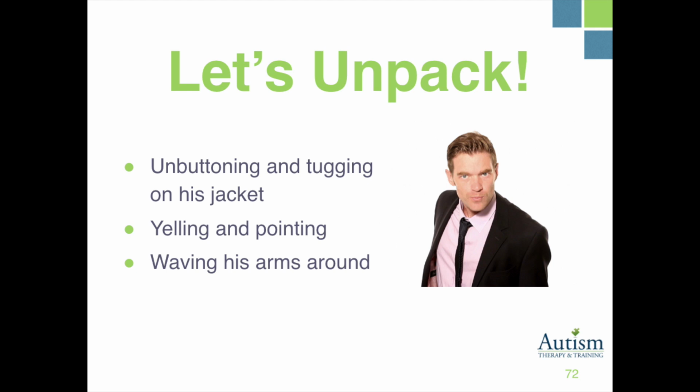Now, of course, you can go into more depth as to where his arms were. So maybe they were above his shoulder level. Maybe he was yelling in a very high pitch, or maybe he was just kind of mumbling. These are things that you can write down, and the more detail that you have, the better it is. All right, let's go on to the next one.